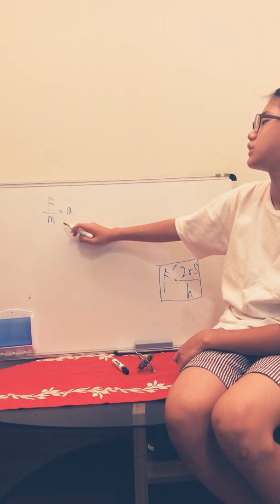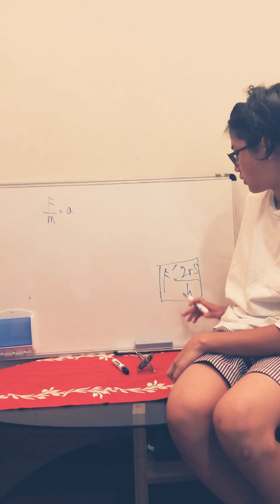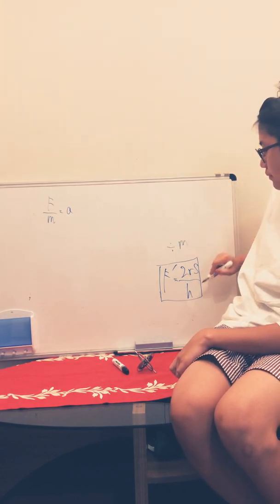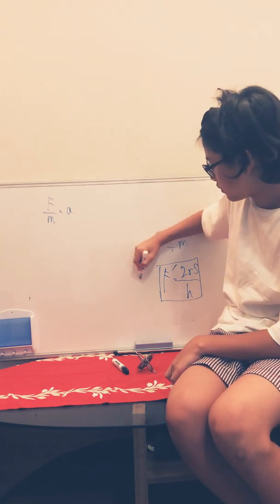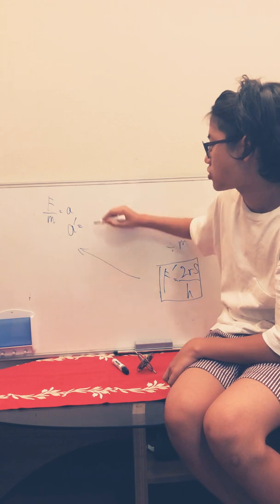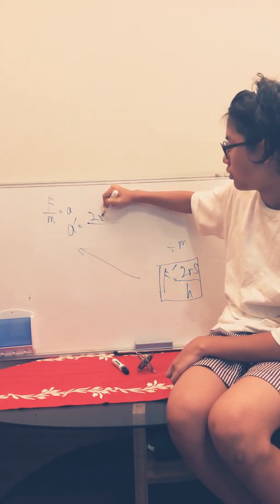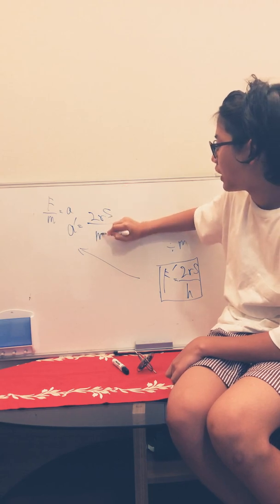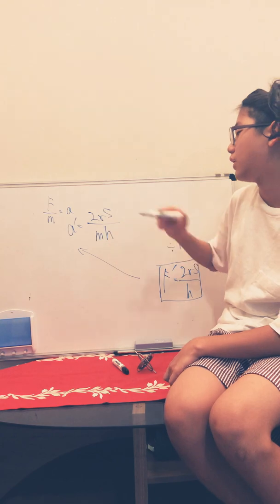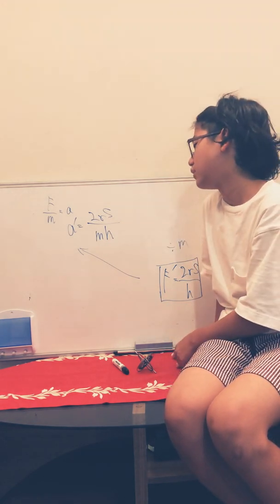According to this equation, I can show that dividing by m, a equals 2RS divided by MH, mass times half of the string, the length, half of the string,